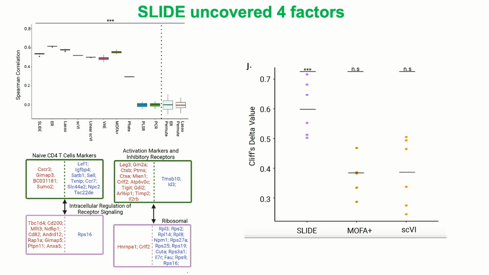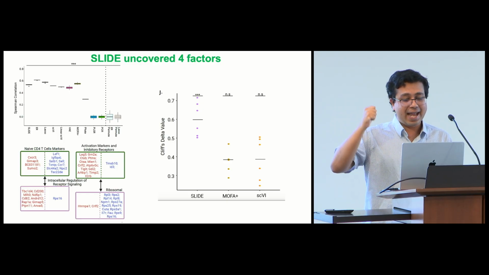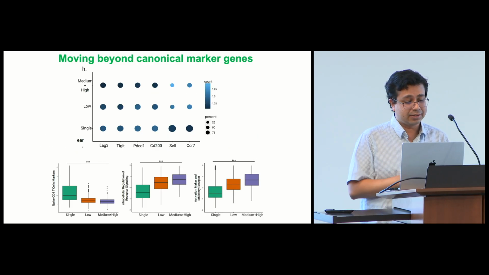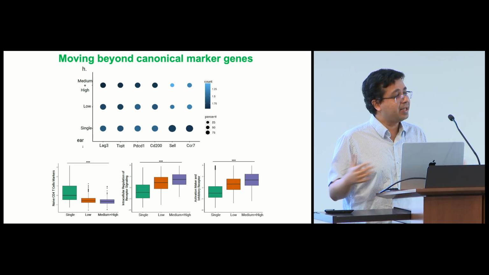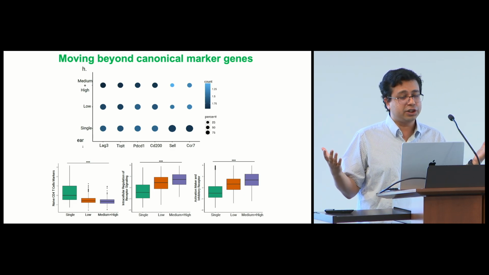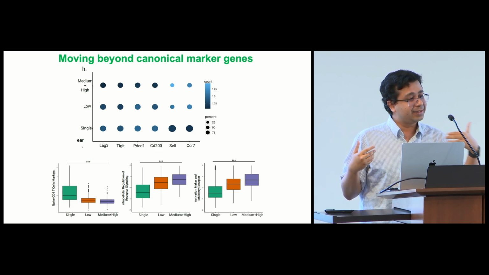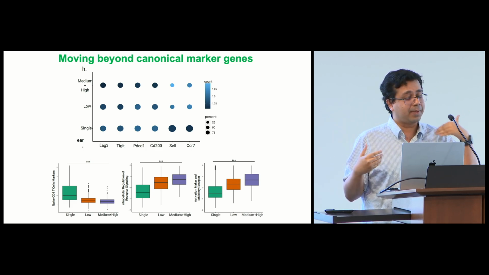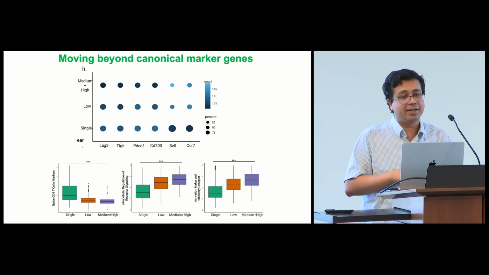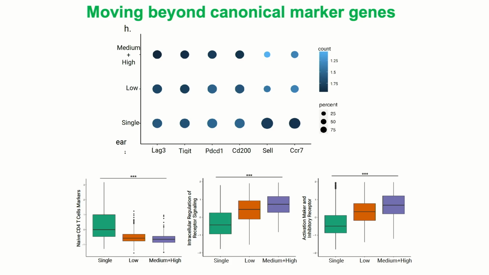And why are they important? They are capturing higher effect sizes than any univariate canonical marker genes. So this is kind of a thought experiment where we said, well, if I talk to my immunology colleagues, they will come up with LAG3, TIGIT, PD1, CD200. These are well-known inhibitory receptors, markers of activation. They are all somewhat higher in the expanded relative to the unexpanded. L-selectin, CCR7 are higher in the unexpanded, but it's not a slam dunk. On the other hand, if we look at these latent factors, they clearly stratify based on extent of clonal expansion. So we are really capturing robust, explainable effect sizes using these context-specific groups.